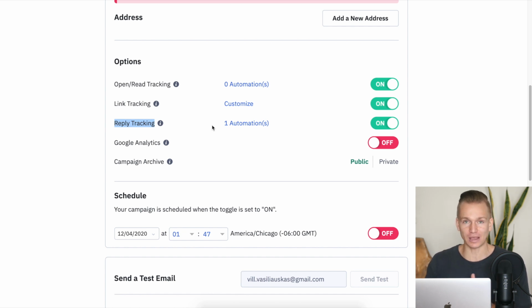And none of the other email marketing tools do that. They can't just stop this automation. You need to manually take people out of the automation. Whereas with this, you can set up the tracking. So if someone replied to your email, then you can automatically have some sort of action. Perhaps you put them in a different automation, or perhaps you put them in a specific list that you know you need to go on and do things, maybe now manually, communicate with them manually. So this is a very powerful feature.